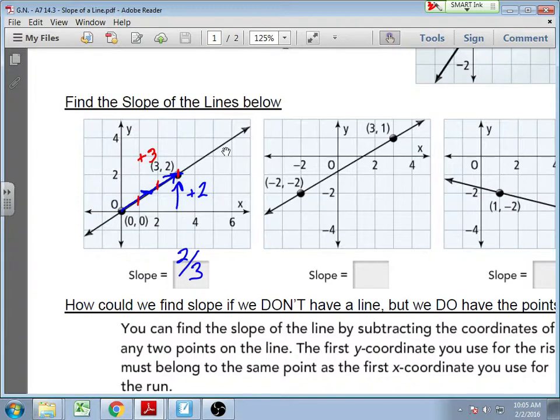Do you simplify stuff? What do you mean? Like if you had 4/6? Yeah, you always simplify. So what Nate is asking about is, what if instead of using this point, Nate had moved on and used this point instead? Well, there, my rise would have been a +4, and my run would have been a +6, but 4/6 simplifies down to 2/3, so we always reduce our fractions if possible. It just makes things simpler. It wouldn't at all be wrong, but we always like to work in reduced or